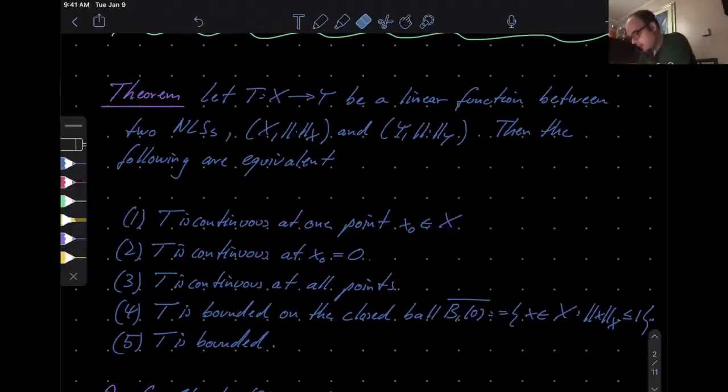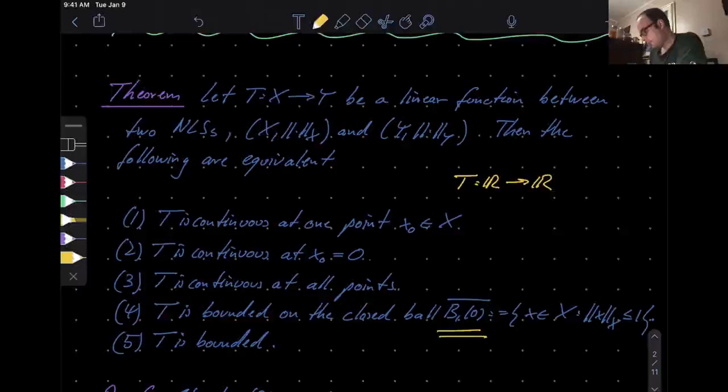If you think back to a class, say in calculus, if you look at linear maps, or more generally continuous maps on the real line, then you know that they map compact sets to compact sets, right? And on the real line, a closed and bounded set, such as the unit interval from -1 to 1, would be compact, so a continuous function on that set would necessarily be bounded,